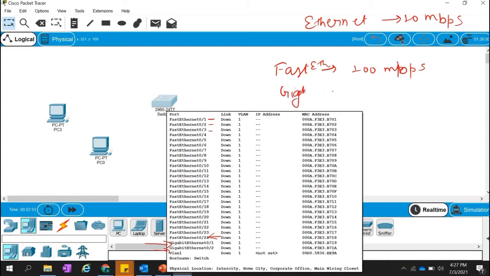Gigabit has 1 Gbps speed, and 1 Gbps is nothing, just 1024 Mbps. Some guys also say it as 1000 Mbps, so not a problem, but the actual value is 1024